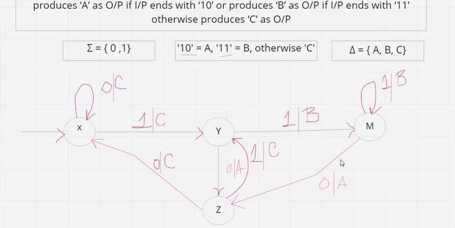So we got both the Moore Machine and the Mealy Machine for the diagram, and I think it's almost done with the process of constructing or designing a Moore machine and Mealy machine. In the next example, we will check how to convert a Moore machine to a Mealy machine